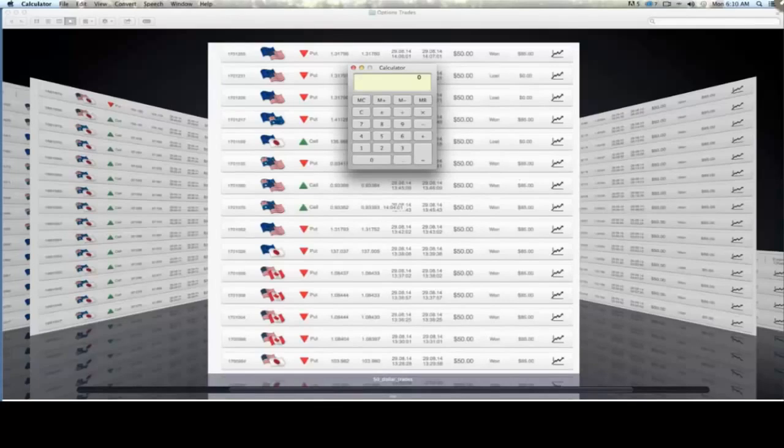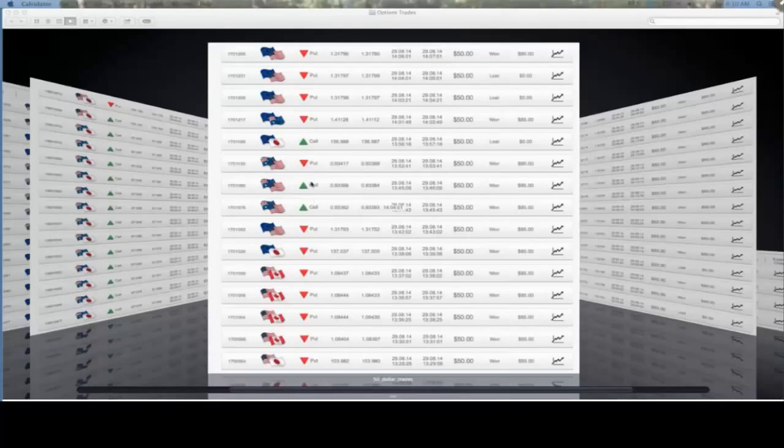So when you see that word put with the red arrow, that's basically Kevin saying that in a certain period of time, let's say 5 minutes from now, this particular currency pair is going to be lower than what it is at this point. And you see that he puts $50, and when he's correct, he makes $85. So he's not having to deal with buying a currency and then waiting for the price to change and putting in stop losses and making a trade on that. That's not what's going on here. This is a very, very simplistic version of it. It's called binaries because you only have two options.